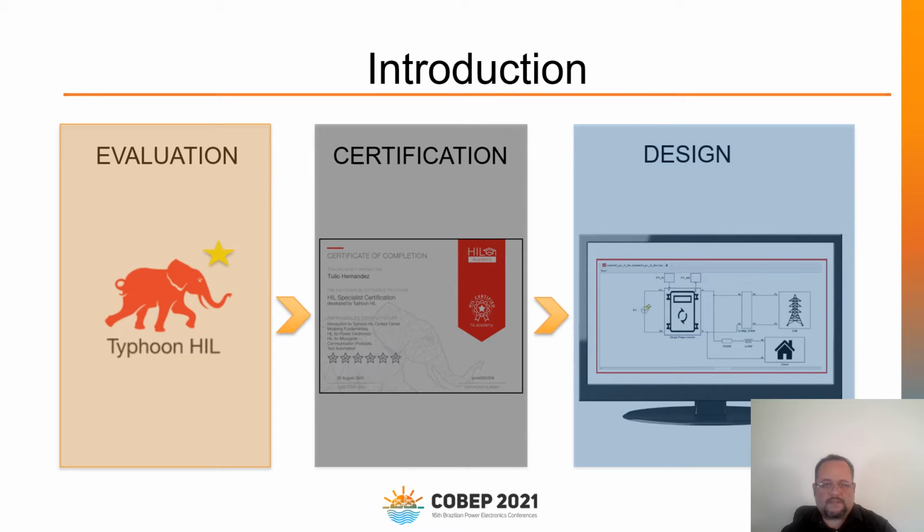For this reason, the design of a virtual laboratory began in 2020 and it was done in three phases: evaluation, certification, and design. In evaluation, the software Typhoon Hil Control Center was selected because it has multiple advantages in the study of renewable energies; then the certification of a professor as a specialist in Hil; and finally, the design of a model applied to a residential lot at Chubut province.